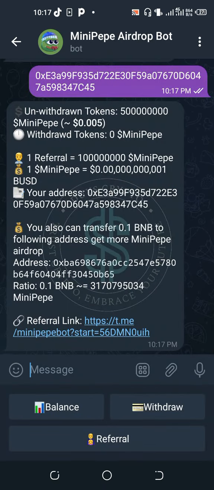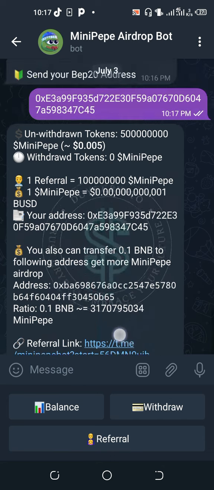It says the unwithdrawn token is 500 million MINIPEPE, and the withdrawn token is 0, so I haven't withdrawn anything. It says each person that you refer, they are going to give you 100 million MINIPEPE.